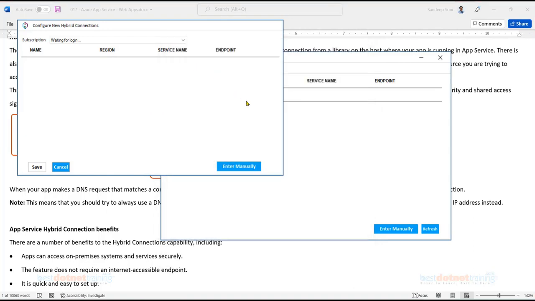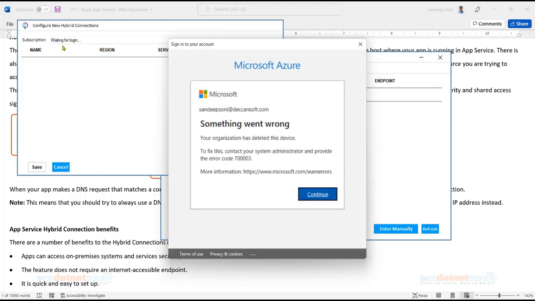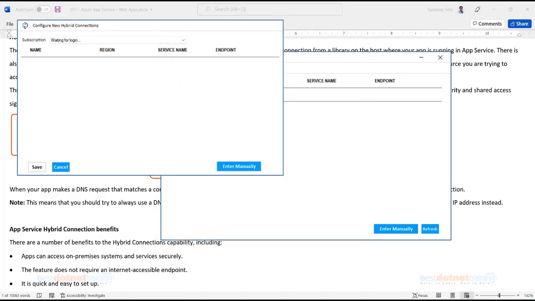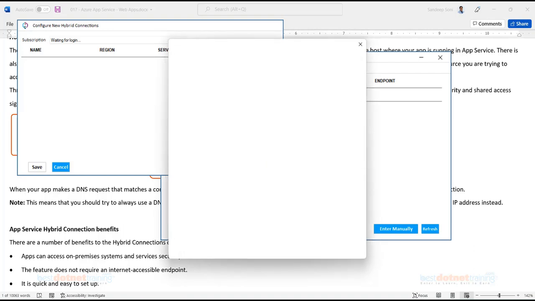And it is going to list here all the subscriptions. Multiple authentications, because I have multiple subscriptions. You may not get something like this, so don't worry a lot about this.